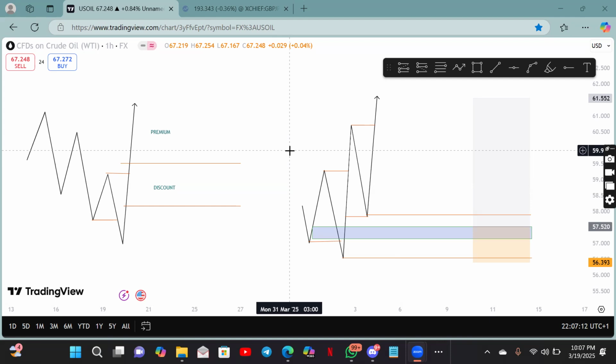I don't really understand the A plus setup, but I was thinking maybe it's due to the language. From my own knowledge, the way I studied it, this break structure happens when the market reaches a particular zone that pushes it back. Maybe that is why we call it break structure. In the books, it says all these trend lines happen due to a particular zone that pulls it up or pulls it down. So I don't know if I get it right. I'm kind of confused about this A plus picture.